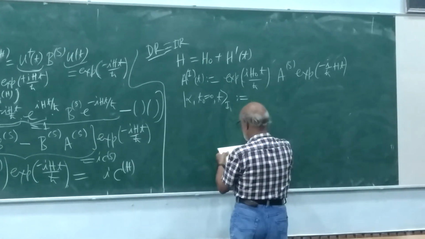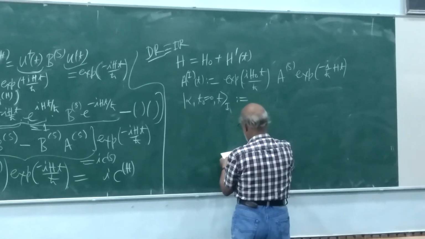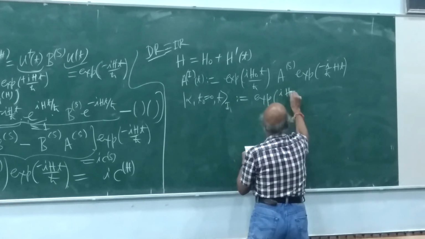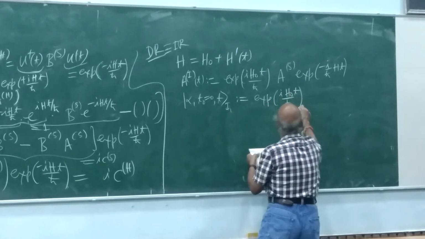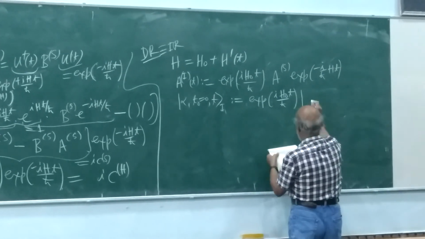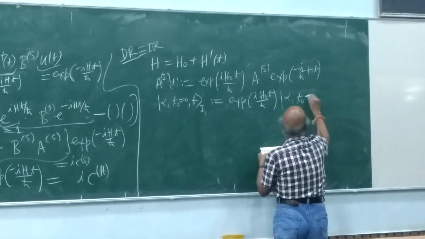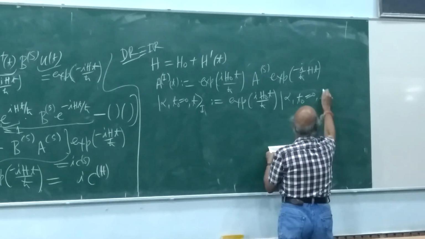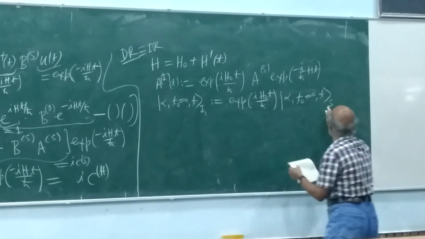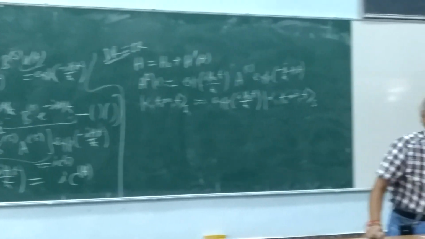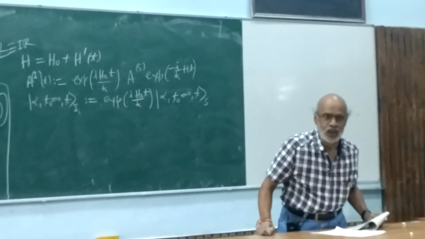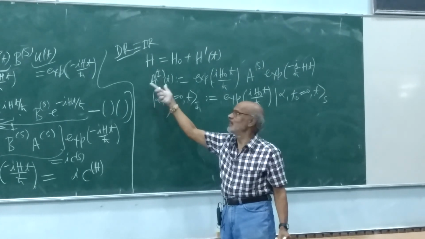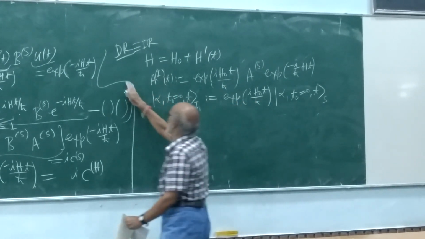So here, this object is defined as the exponential of this thing times the vector alpha, T0 equal to 0 and T, and X. Okay. So these are the two definitions that we introduce. So this is how an operator is defined in the intermediate representation. You would equally write it as